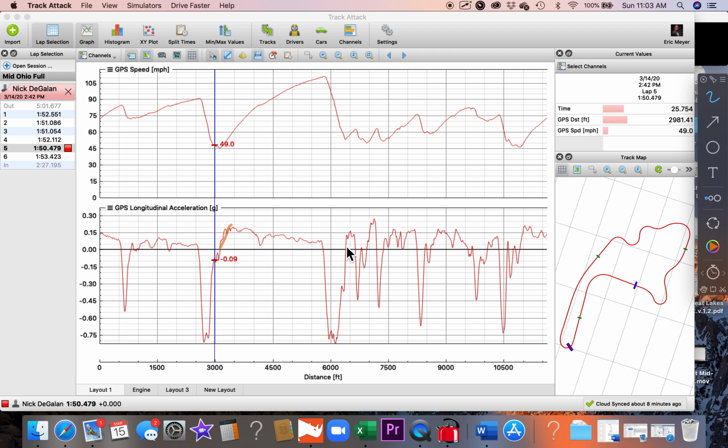There's a lot of throttle coming out of here. This is a high-speed U-shaped corner, which should look like this. Why do I know that? Because I've been doing this for a while. And there's going to be something here, I can tell. And there's going to be something here. Because I've done Mid-Ohio so many times and driven it,